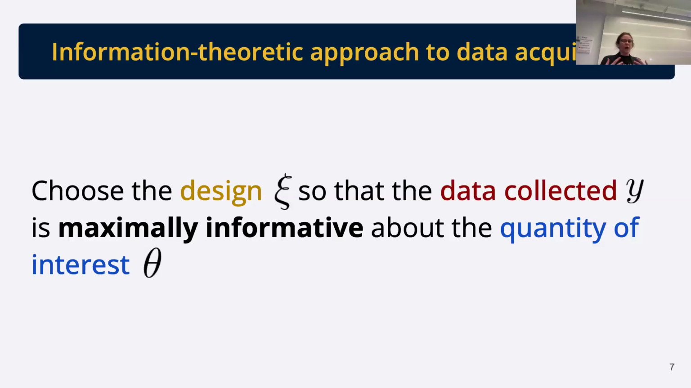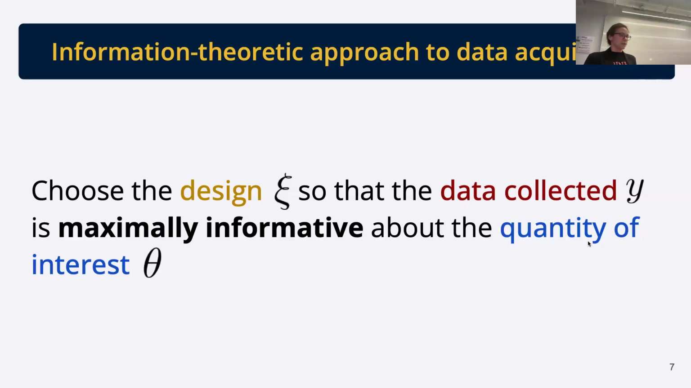Now, the way that we're going to quantify which experiment is actually better is that we're going to take an information-theoretic approach to this data acquisition. So we're going to be choosing the design so that the data that we collect at the end of the experiment will be maximally informative about some underlying quantity of interest. And let me introduce some notation here. The design that we'll be choosing will be denoted by xi. The data that we collect will be denoted by y, and the quantity of interest will be a parameter